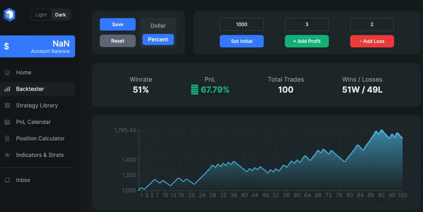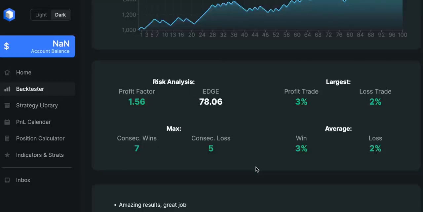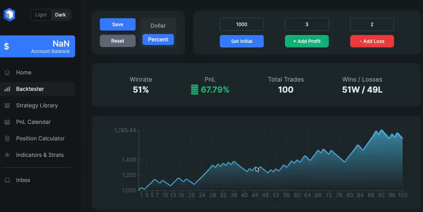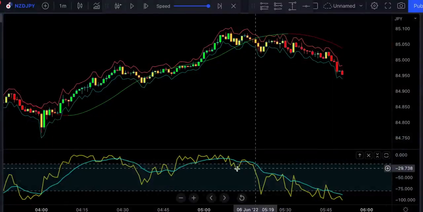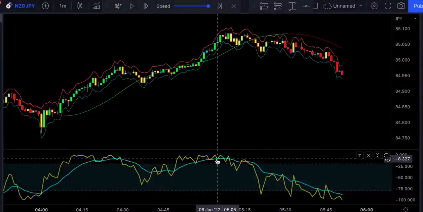The drawdowns aren't that significant. We see the equity curve looks pretty stable, and the profit factor for the strategy is 1.56, and we had 7 consecutive wins against 5 consecutive losses. But I still believe we can improve this strategy, so in the second part of this video, I'm going to be doing exactly that. Okay, so as I said, this Williams percentage issues quite a lot of fake signals, so